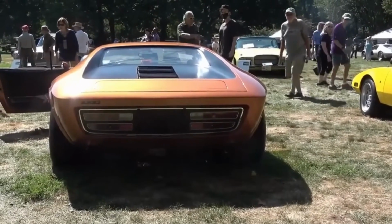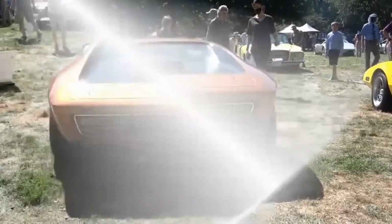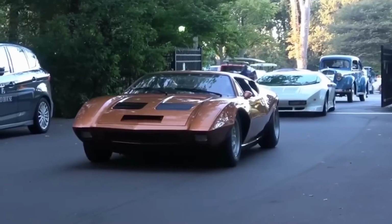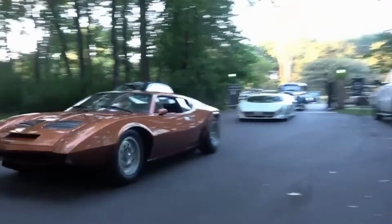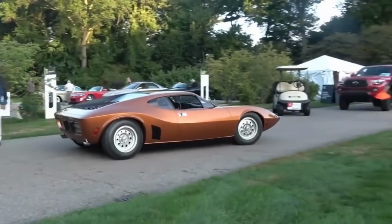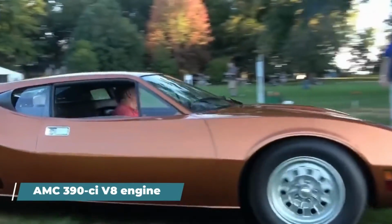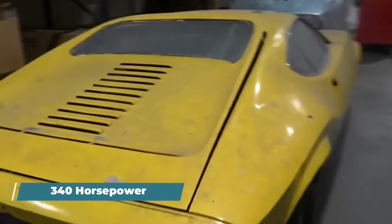The AMX3 was an incredibly cool, mid-engined exotic car developed through a collaboration that spanned the world. AMC's design chief Dick Teague led a team that included Italdesign, renowned Italian engineer Giotto Bizzarrini, and even contributions from BMW. The car, weighing 3,300 pounds, was powered by an AMC 390 CI V8 engine delivering 340 horsepower, paired with